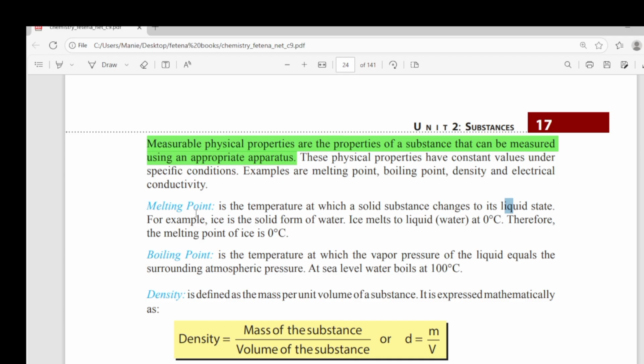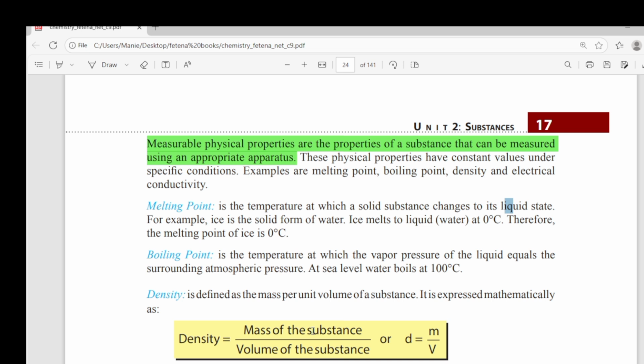It's expressed mathematically as density is equal to